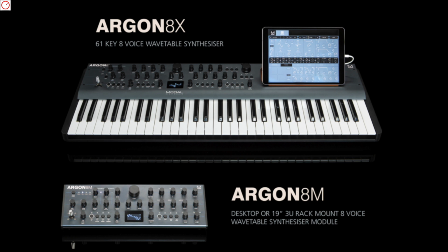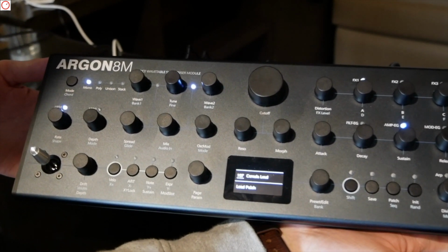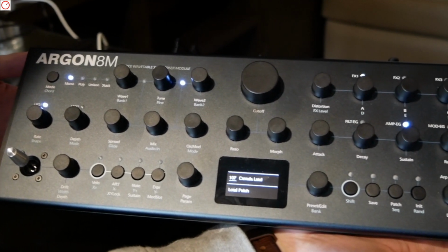At NAMM 2020 I had the chance to check out the new Argon8 lineup. The new version will come very soon to the market, one desktop and one version with 61 keys. The most interesting one is in my opinion the new desktop version, because it makes the Argon8 engine more accessible to more musicians. The Argon8M synthesizer is based on the same engine as the Argon8, so it has a digital